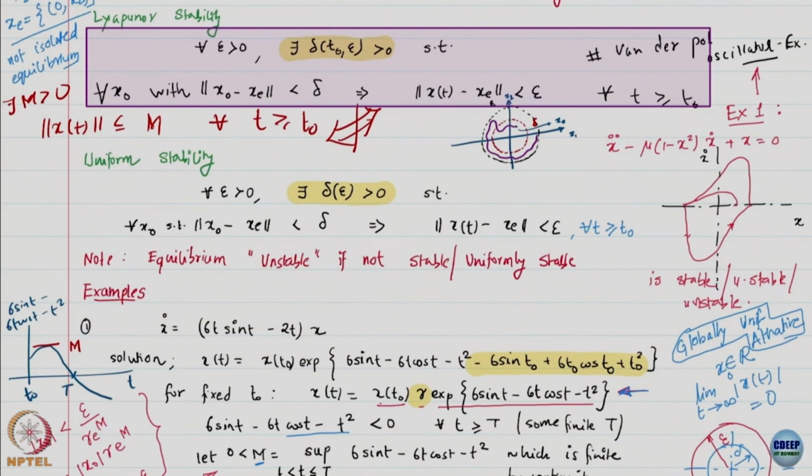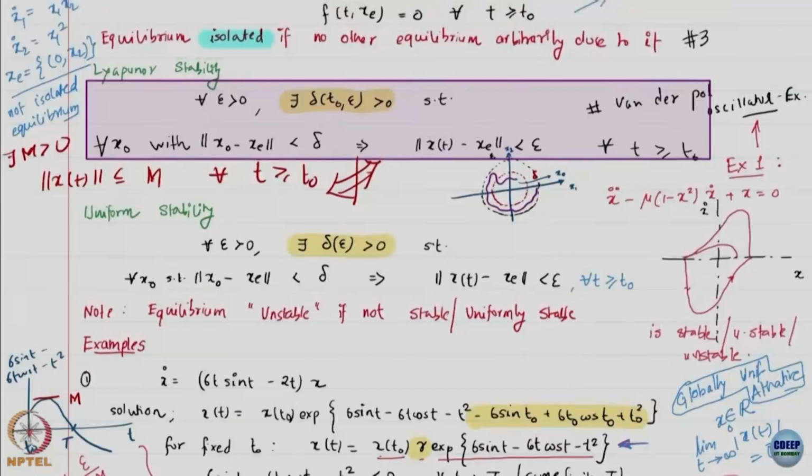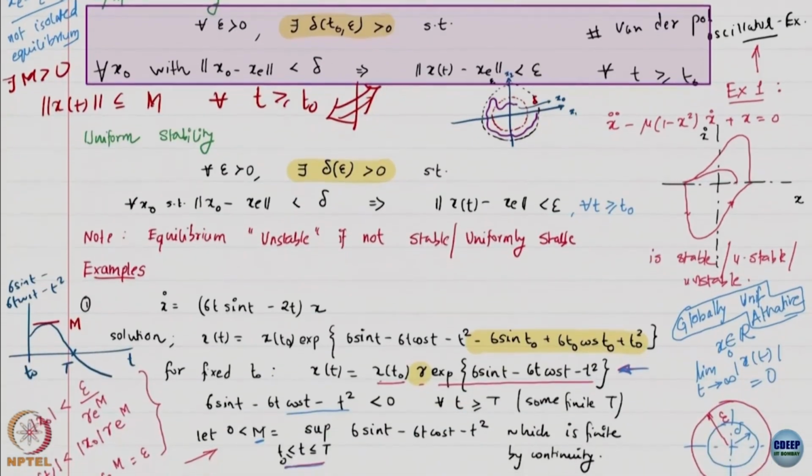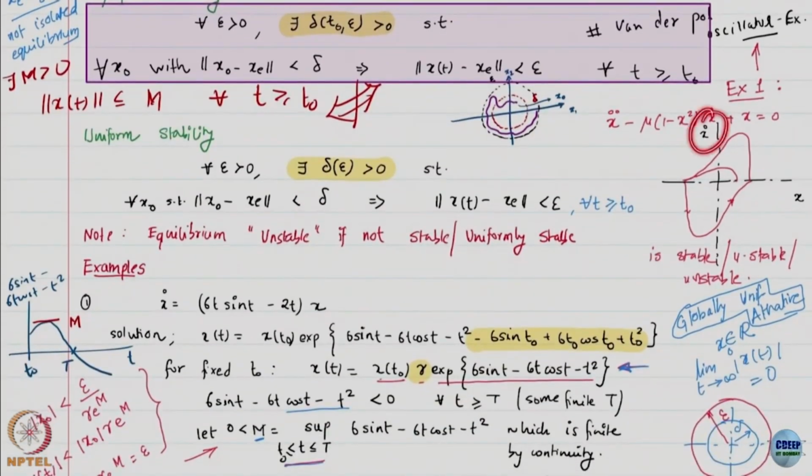I want you to plot x versus x dot for different initial conditions, for different mu, and just look at the plots and tell me whether it's stable or not, because all you need to do is draw an epsilon ball and a delta ball. For any epsilon ball can you get a delta ball? So start here and see what happens, for different values of mu, choosing some range of mu. Then I just want you to comment if the origin